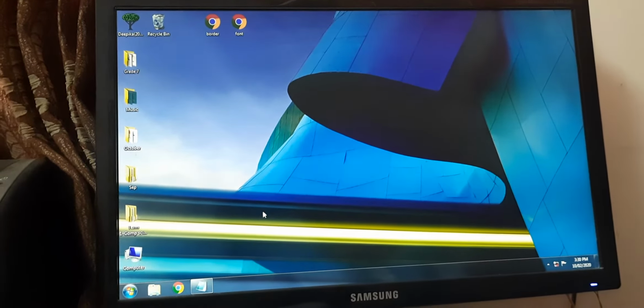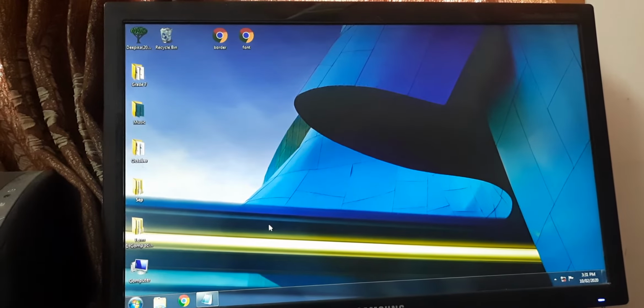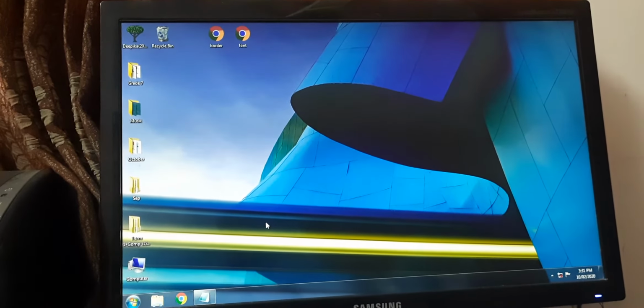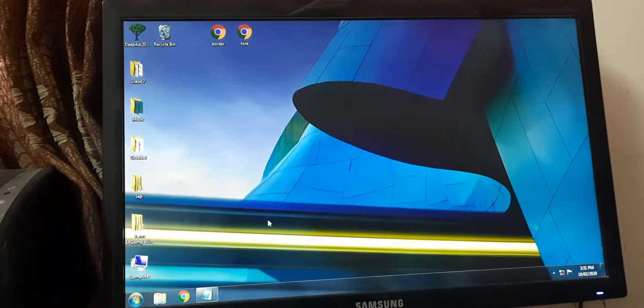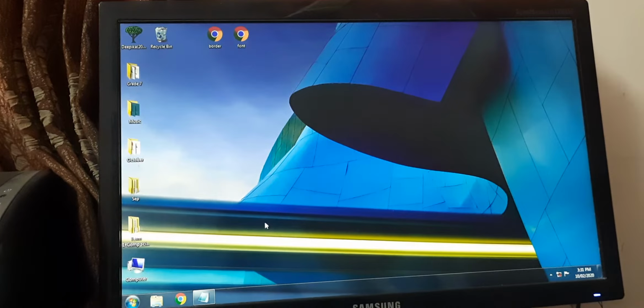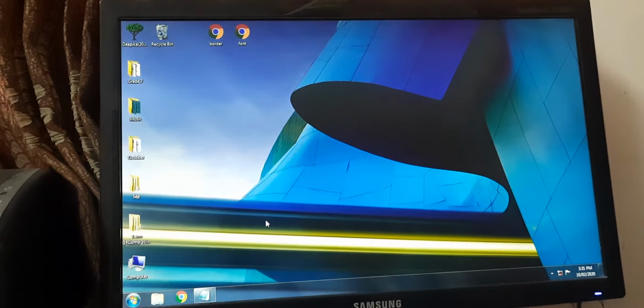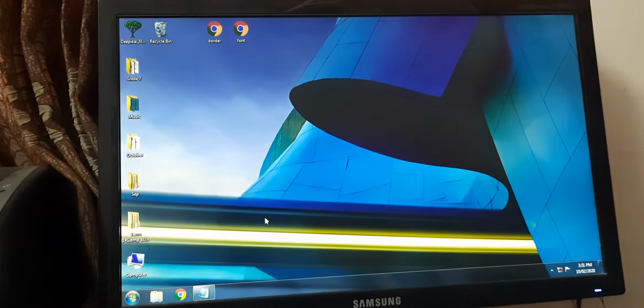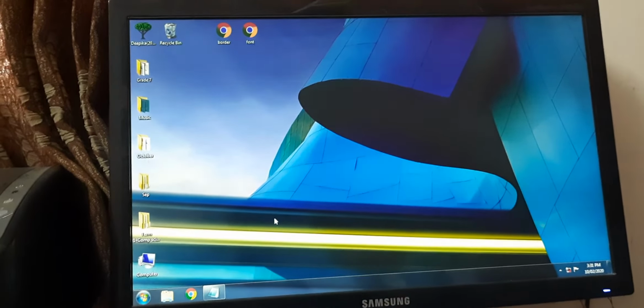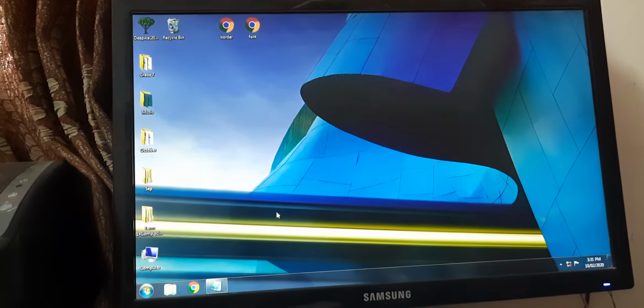So in today's class you will be learning about the next half of your chapter number 5, where you are going to deal with the properties of border and outline. In this particular lesson we'll be mainly dealing with the CSS box model. So what is the CSS box model? It is nothing but what describes the layout for an element. This layout for an element has a few parts. So what are they?